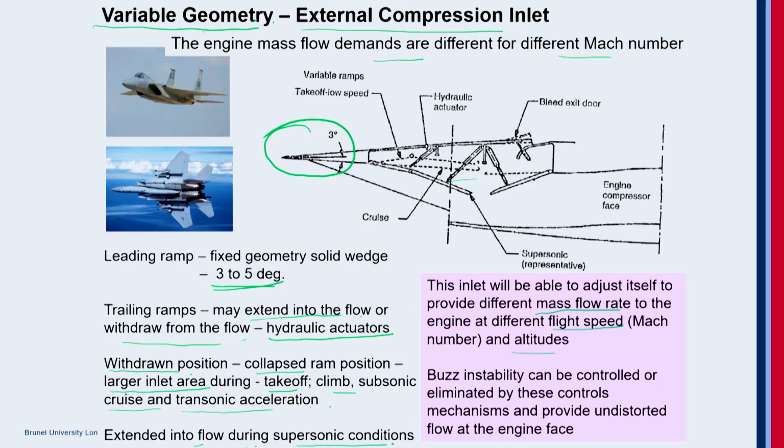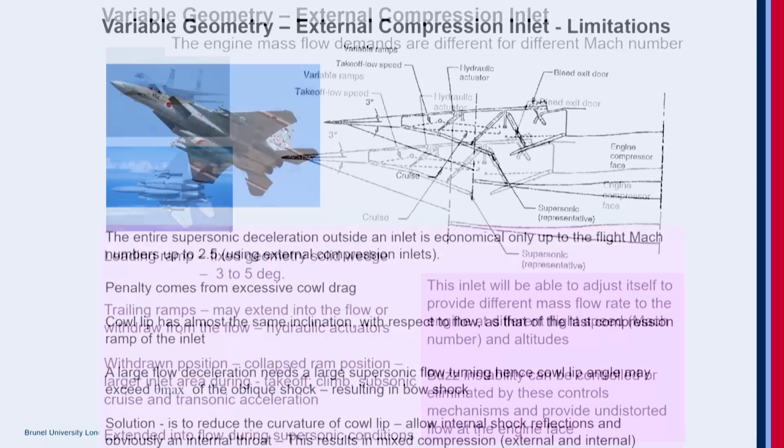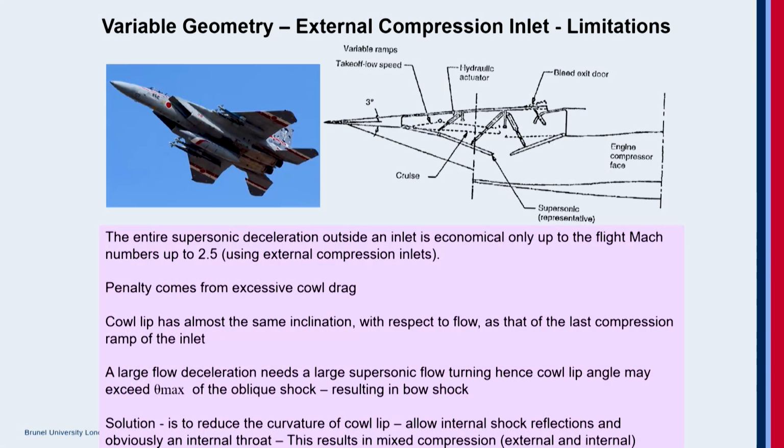Now, using this variable geometry, by controlling the position of the ramps, you can control the buzz instability, or it can be eliminated by these control mechanisms to have an undistorted flow, or minimize the distortions to the flow that enters the engine. It also has its own limitations. As I did mention, external compression inlets can fly up to about Mach 2.5,